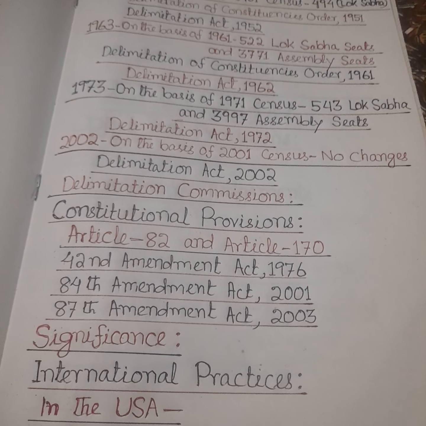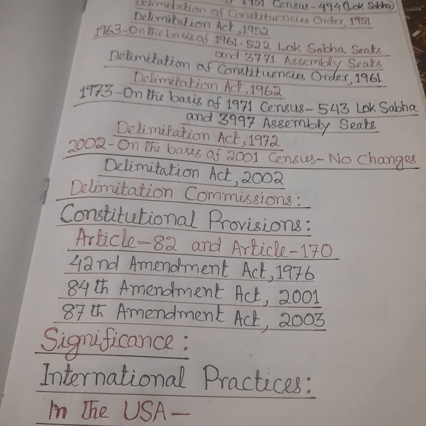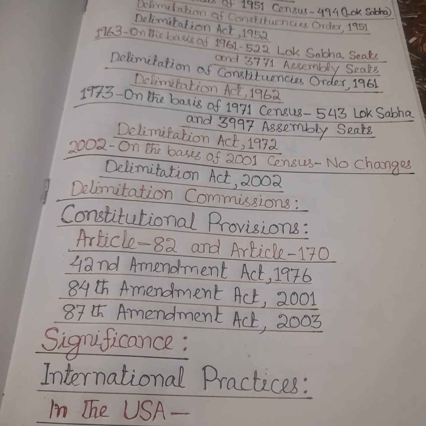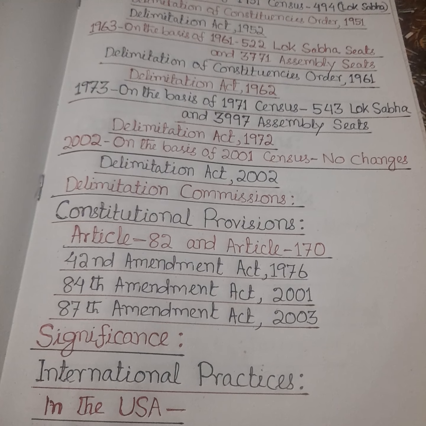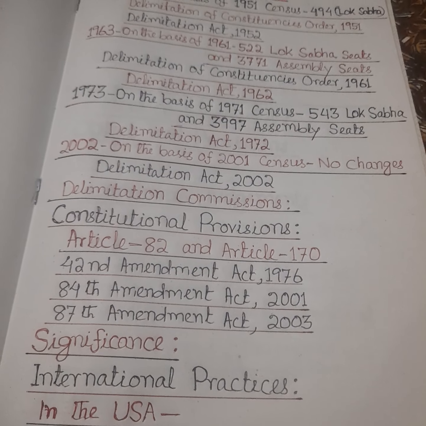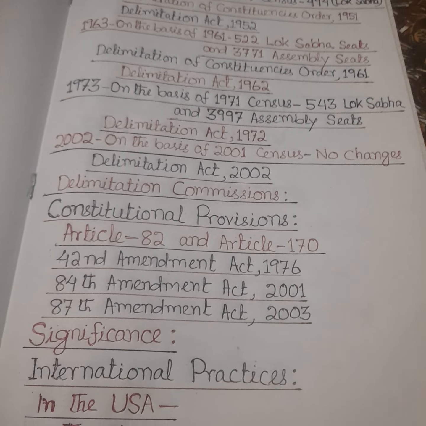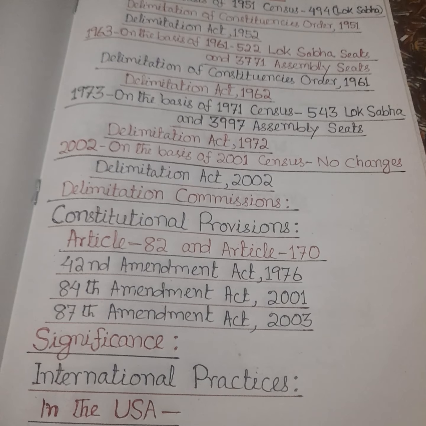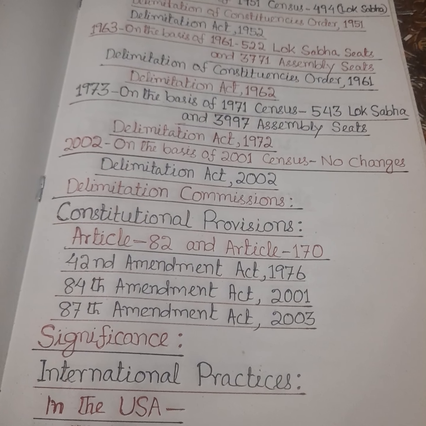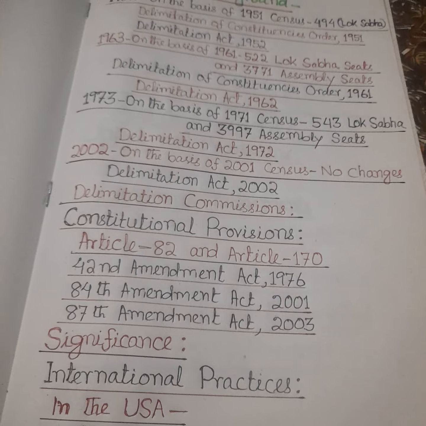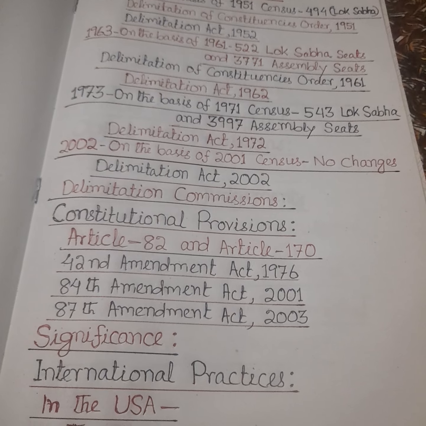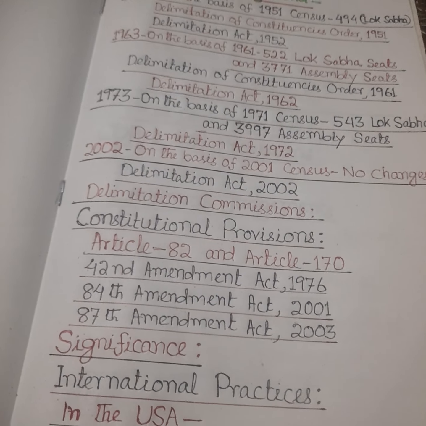On his recommendations, the seats of Lok Sabha were increased to 543 and the assembly seats were increased up to 3,997, and it was due to the Delimitation Act of 1972. And subsequently in 2002, the next delimitation was on the basis of the 2001 census,